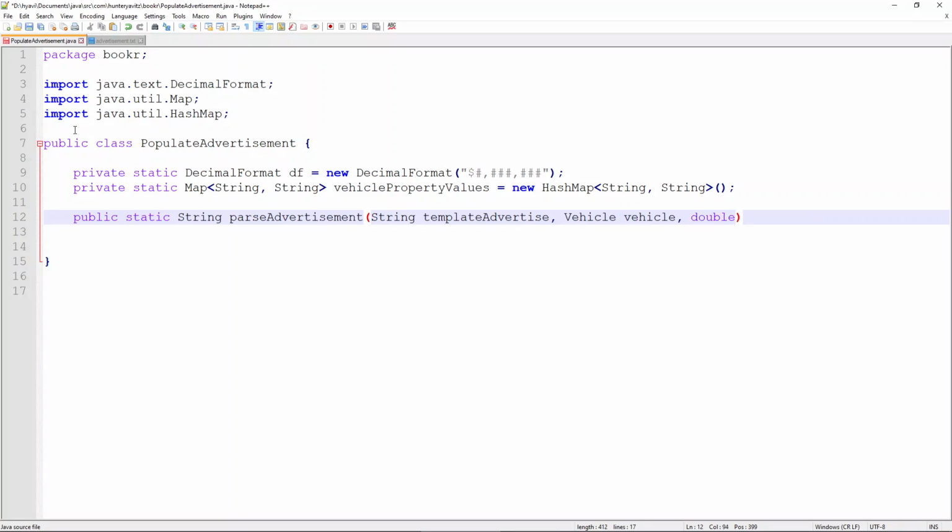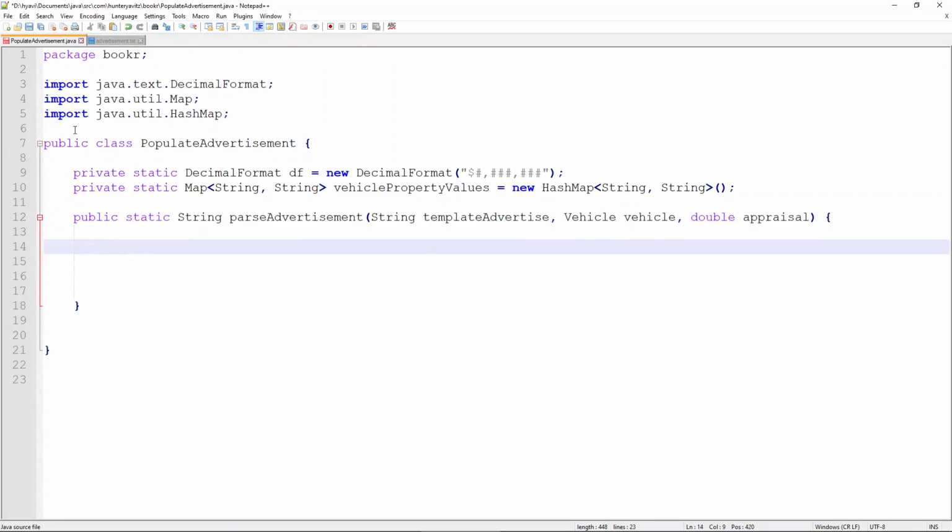And then finally, we're going to need to have a double that we'll call the appraisal. And this is what's going to be returned from the Blue Book calculator. This is essentially the final value of the vehicle after all said and done. And so in this method, we'll begin to put these values into our map. And so by referencing our map, vehicle property values, we're going to use the function called put. And then what we're going to do is we're going to